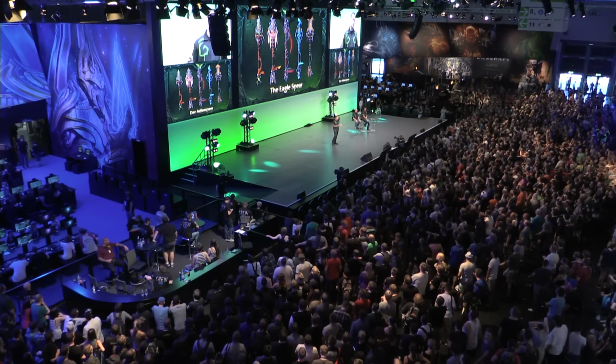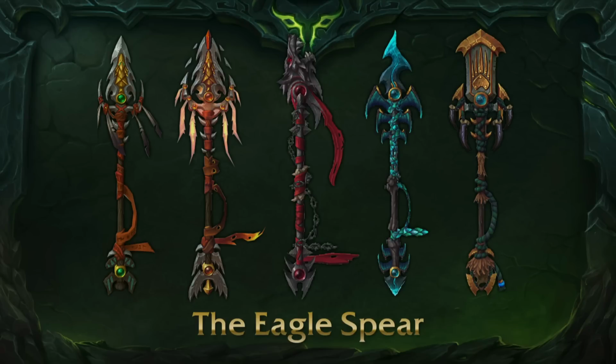The Eagle Spear. So this is something that is new to the lore. It's heavily associated with the High Mountain Tauren. This is basically a fabled weapon of the Tauren tribe in High Mountain that you will seek out. You will track down the powerful creature that claimed the life of its last wielder, defeat that creature, and take